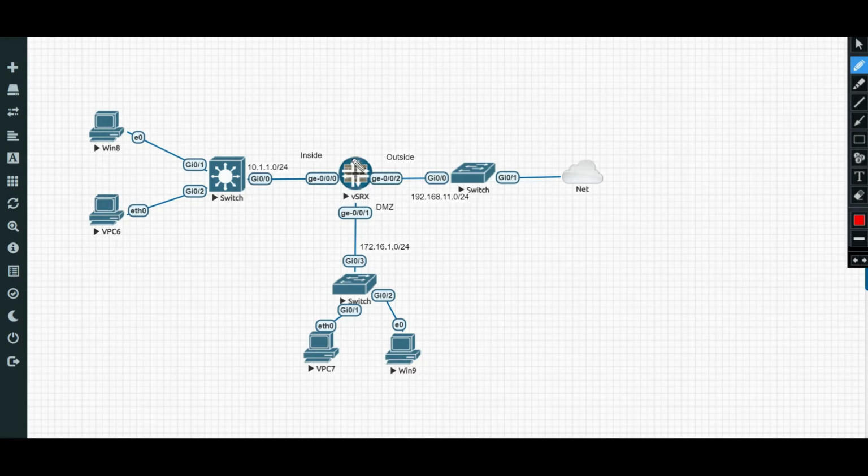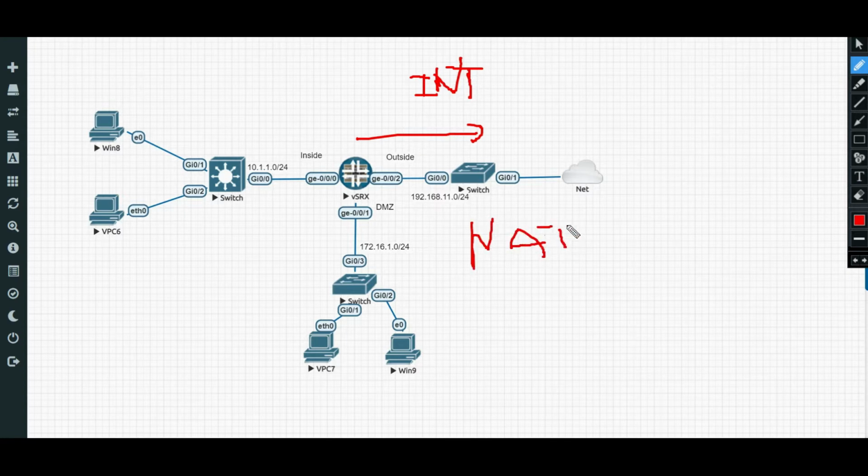So in this session we are going to see the NAT configuration part. As you are aware, NAT we are going to use to access the internet. That means private to public conversion. Okay,